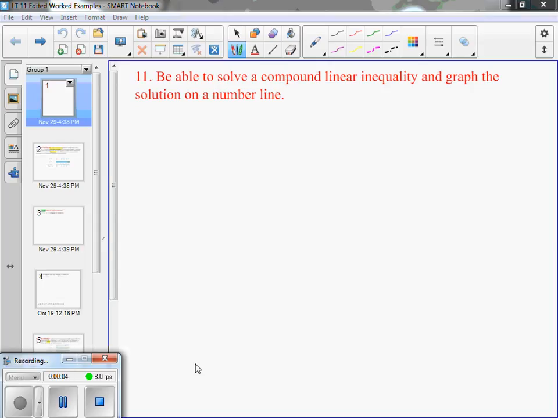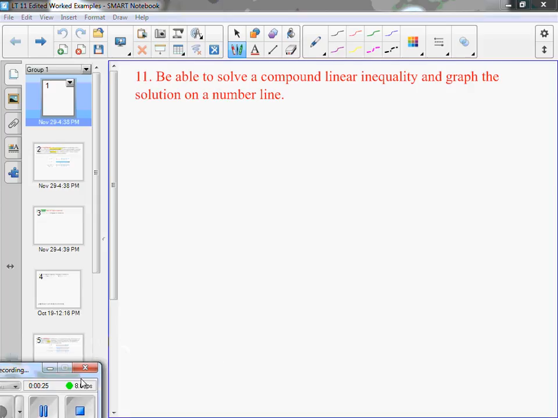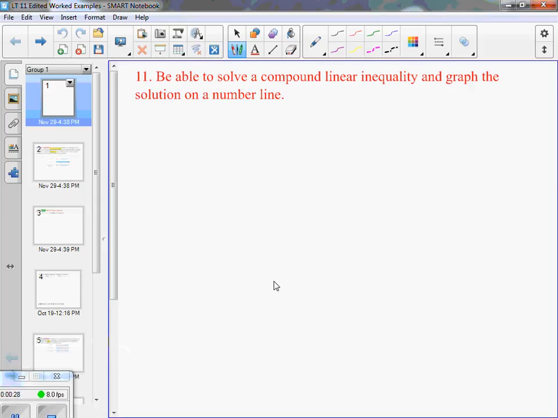Be able to solve a compound linear inequality and then graph the solution on a number line. All right, a compound inequality means there's going to be more than one inequality sign in the problem. It gets a bit complicated. So you're really going to have to focus on when it works one way and when it works the other